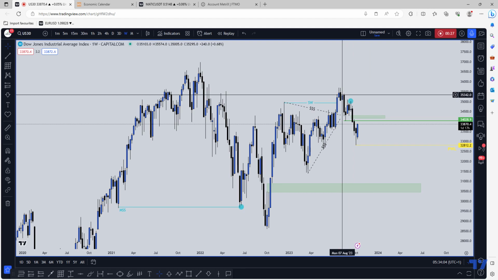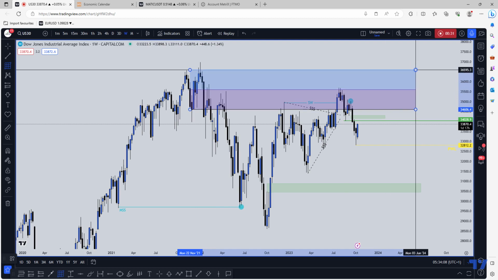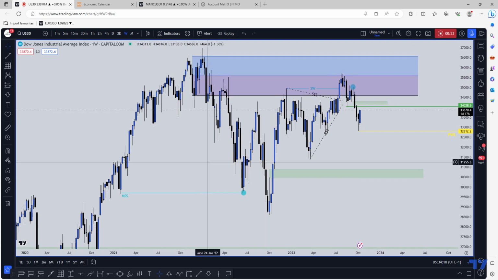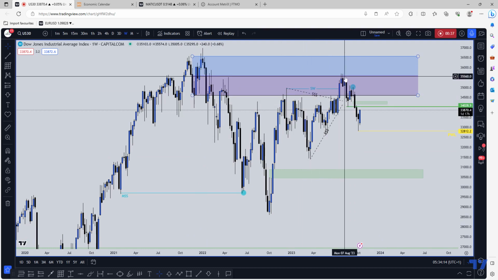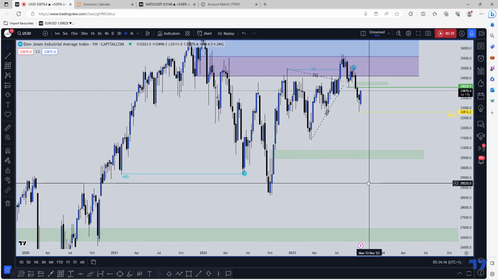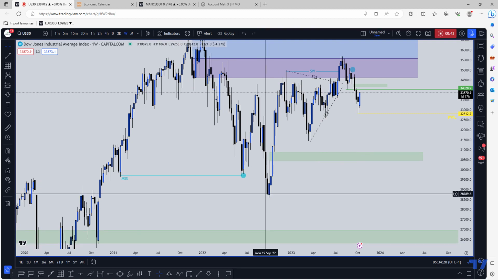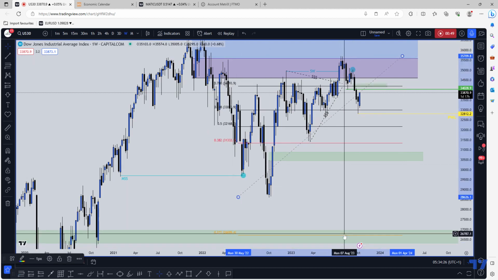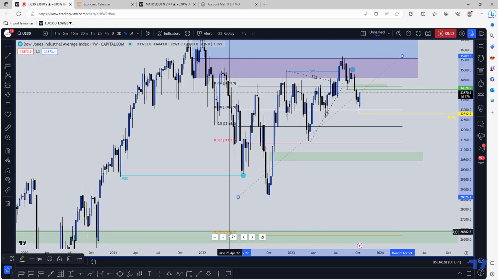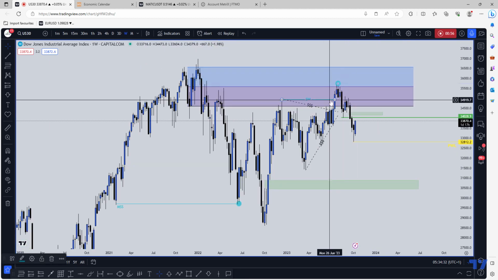35,500 psychological level in confluence with this supply zone all across this area, explaining all of the reasons why I expected price to make this accumulation, manipulation, and distribution, and I explained how I had downside targets below this low. I'm expecting a new monthly swing low around 27k. And the market has been following my projection perfectly ever since I made the analysis when the market was